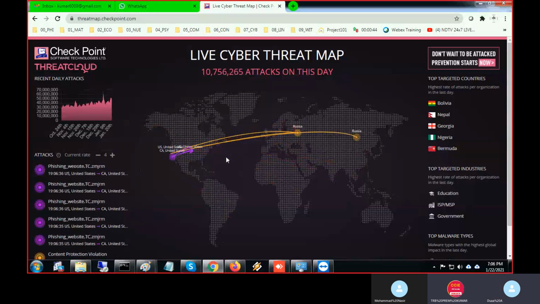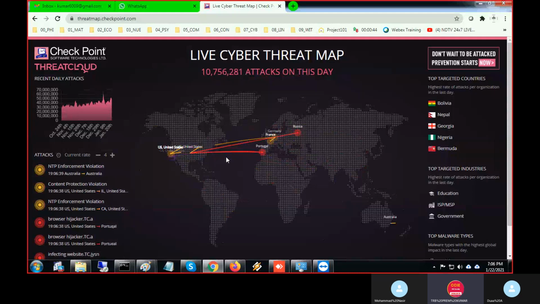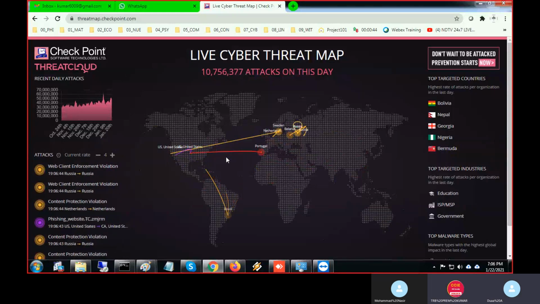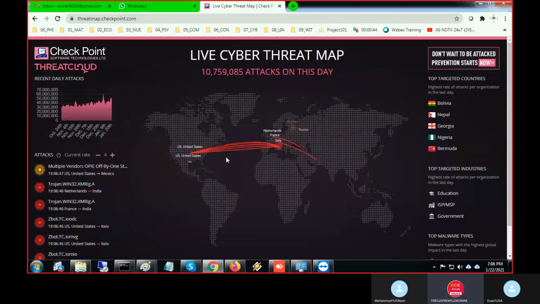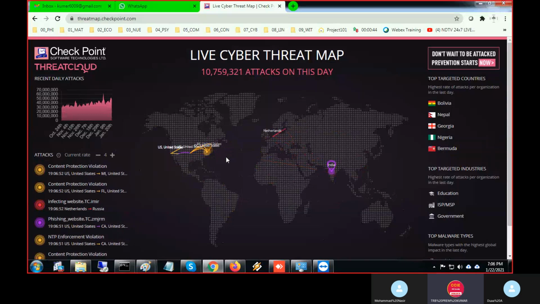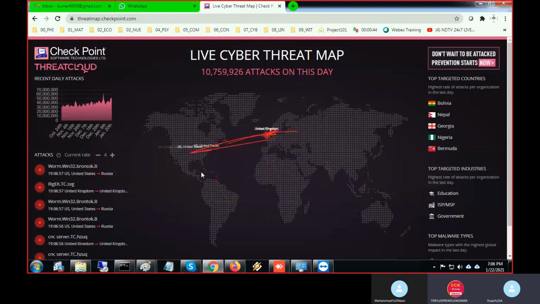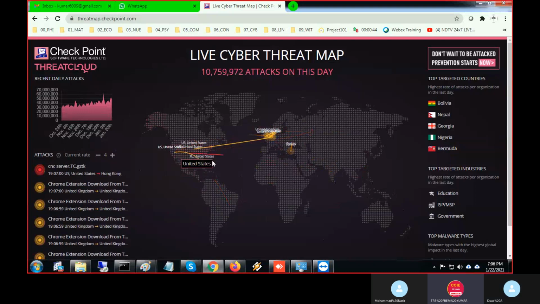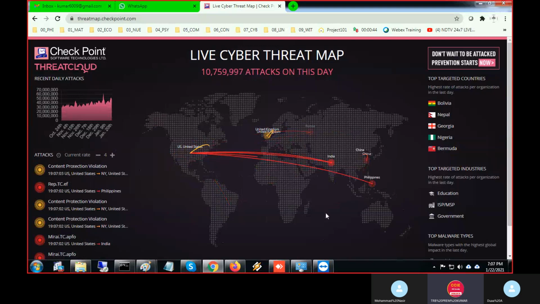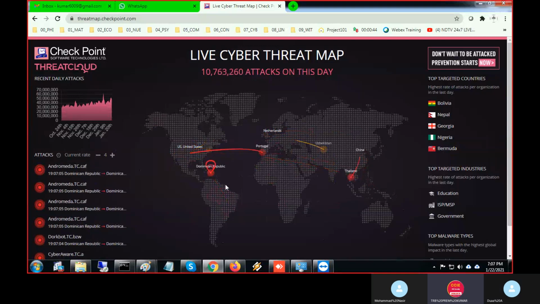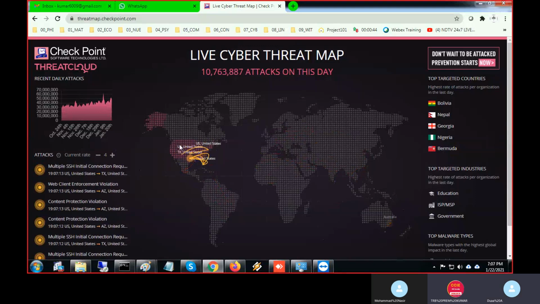Otherwise, once you enter this, it's called the dark web. I'm just showing you a picture of the dark web. Once you enter inside the dark web, so many attacks will happen. Within 2 minutes, your whole laptop will be crashed. Your whole bank account will be taken. Money will be taken within 10 minutes. So you have to be ready for that, because there are people who are ready. You are just putting your hand inside an ant mountain. The ants will bite, or bees. So these are all dangerous.